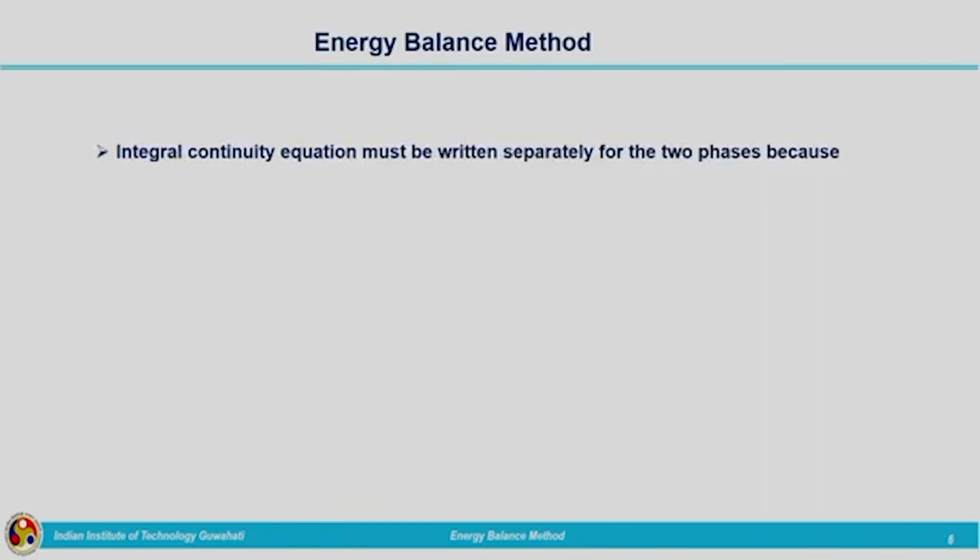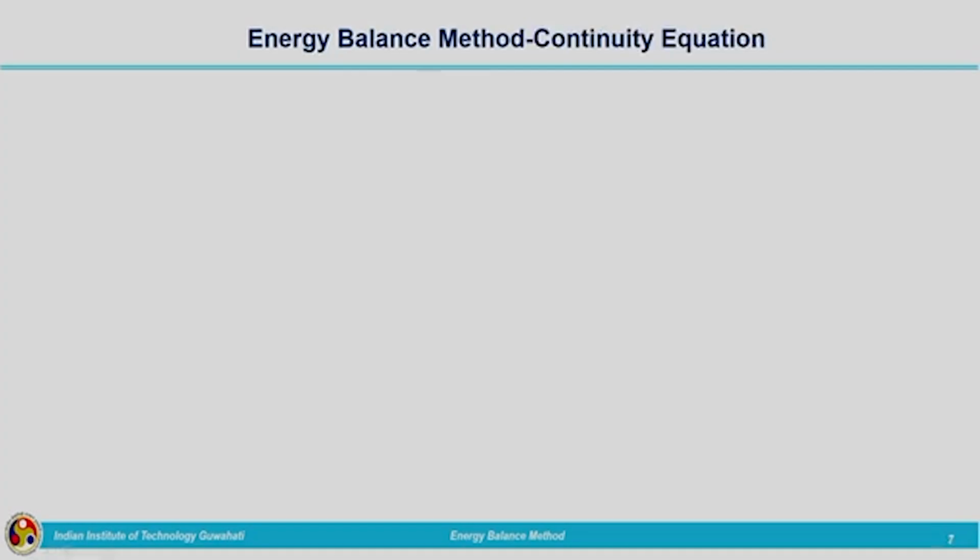Now, what we are going to do? We are going to derive the integral continuity equation, but here in this case within the pan itself we are having the water in the liquid form and also in the vapor form. So, separately we need to derive the continuity equation for liquid and vapor phases. Separately for these two phases we will be writing, because the control volume contains water in both liquid and vapor phases. So, we will start with the continuity equation for the liquid phase,